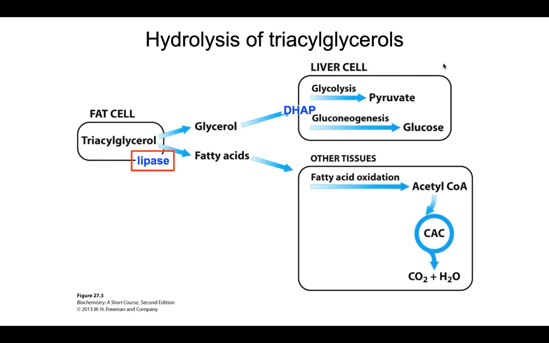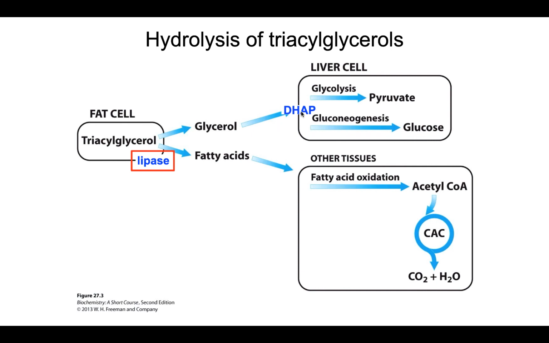Now, if we are looking at the oxidation of a fat, of a triacylglycerol, the first step is a step catalyzed by lipase, which hydrolyzes the 3 fatty acids off the glycerol molecule. Now, those 3 fatty acids are going to go and be involved in the mitochondria in what's called beta oxidation, where they are clipped. Every 2 carbons are clipped off as acetyl-CoA, and we'll look at that in the next video. Now, glycerol, however, will be involved in reactions that you've already seen when we talked about gluconeogenesis, into dihydroxyacetone